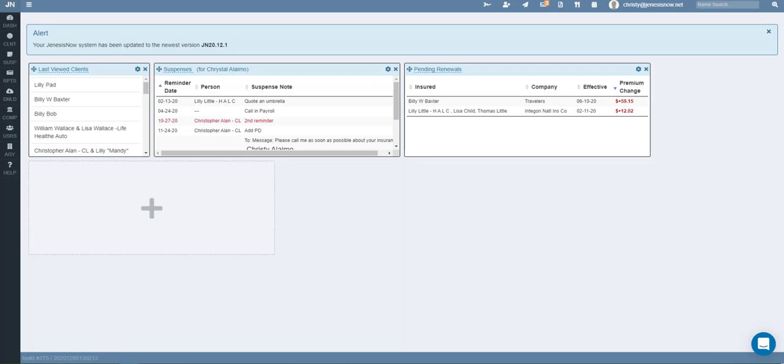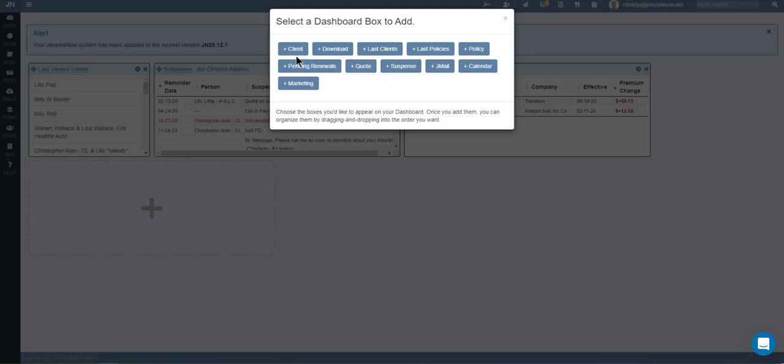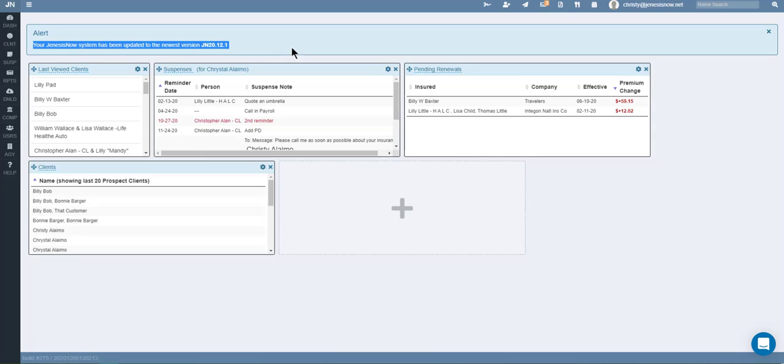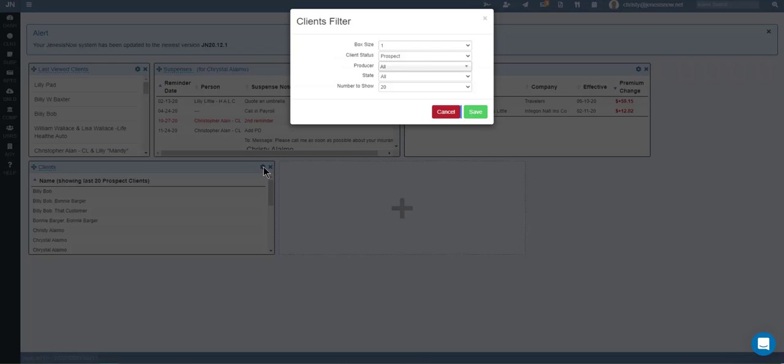Today I'm going to show you how to use your JenesisNow system in your sales process. First thing you're going to want to do is on your dashboard you will hit add, and let's say we're going to add a client. Now this client is going to be a prospect, so we're going to make sure we have the prospect status